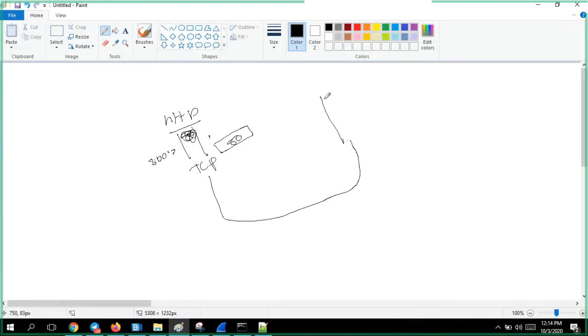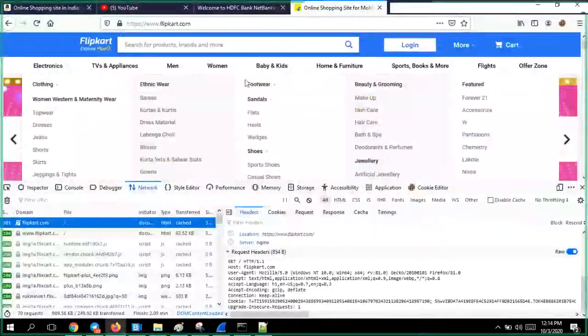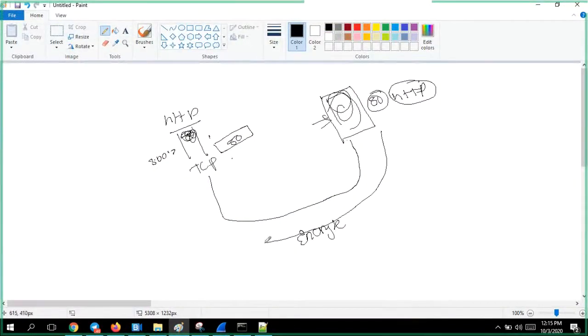The server receives this and says, yes, I belong to port 80. My web page is here only, but I don't communicate with you on HTTP. It is very unsecured. On port 80, it's better not to communicate because it is not encrypted, meaning this lock symbol won't be there. So let us communicate between us using HTTPS.